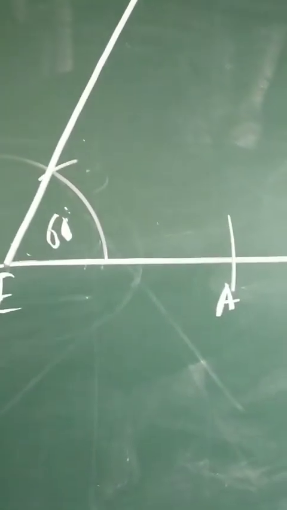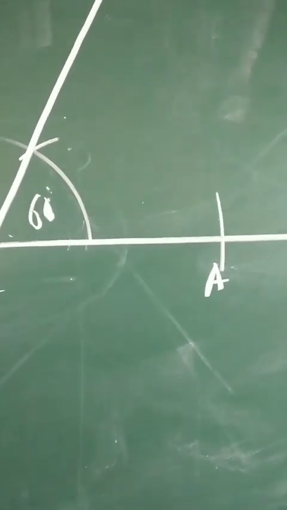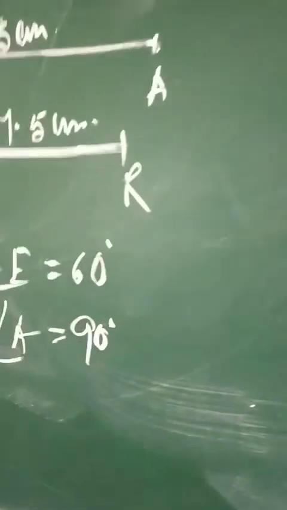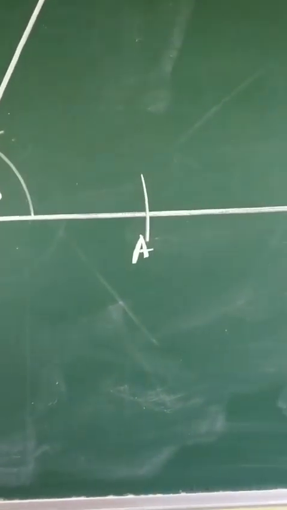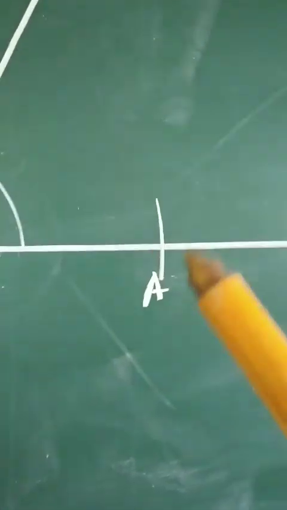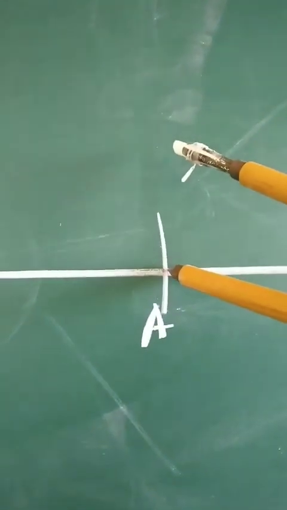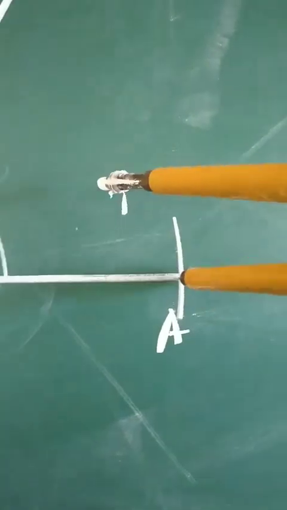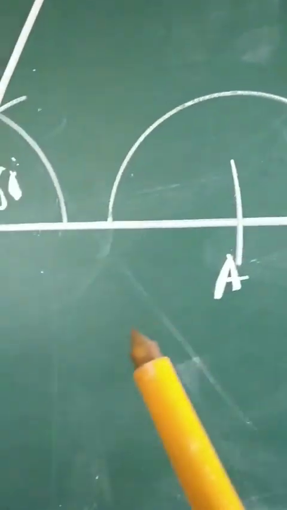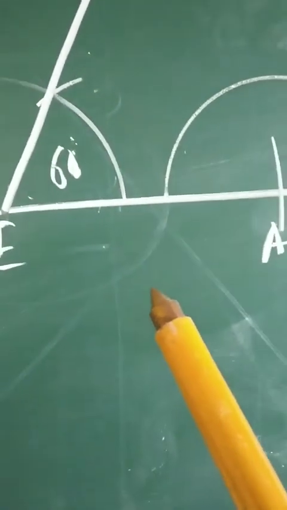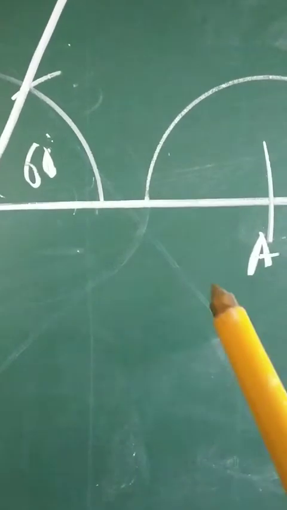Now one more angle is left, which is to be constructed at vertex A, measuring 90 degree, as you can see in the question. So children, we know how to construct 90 degree without using protractor. By the help of compasses only, the angle 90 degree can be constructed on a line segment. So I'm holding this compasses, I'll place at vertex A and I'll draw one arc. Throughout this construction of 90, nowhere is the measure of this compasses going to be changed.